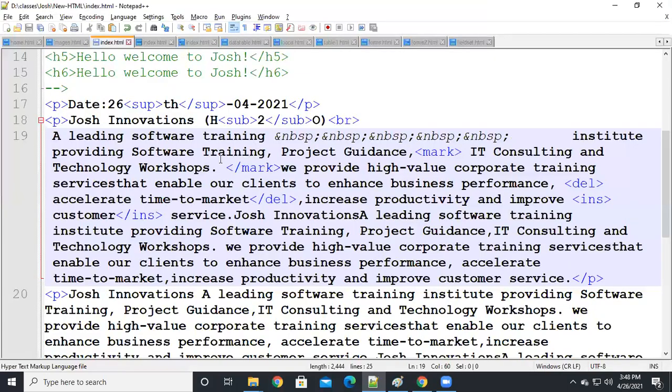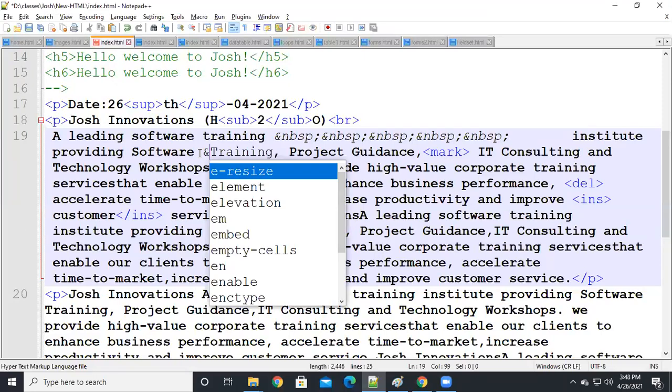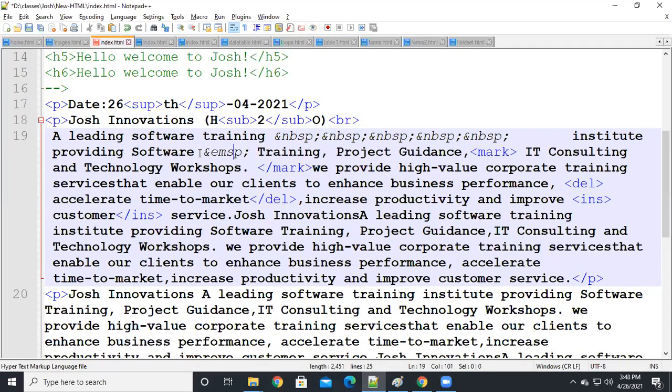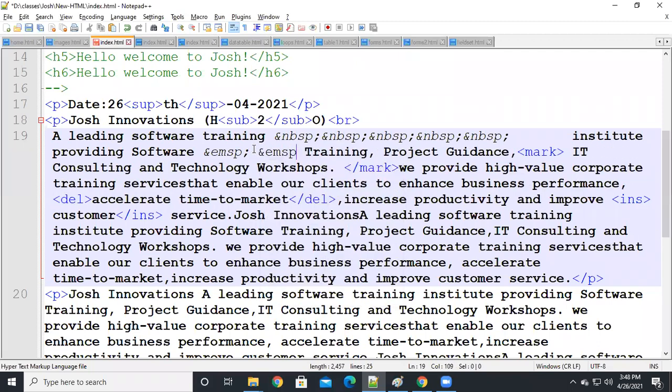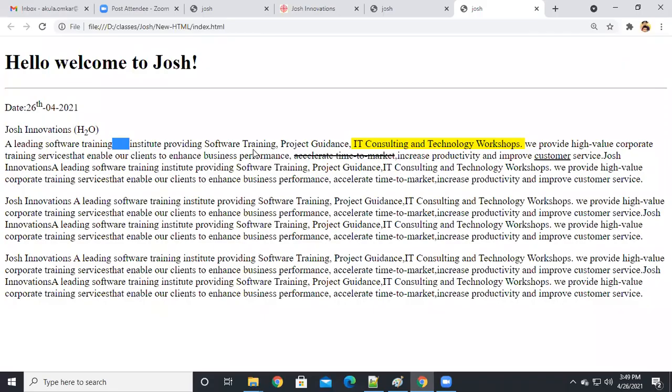Suppose if you want more space, we just use ampersand EMSP, guys. EMSP is for tab space. How many spaces equal one tab space, guys? No, it's 8 spaces. Right, 8 spaces. Okay, 8 spaces equal one tab space. So if you want a tab space, we just use ampersand EMSP. Just take it here, 2 only, right? Then you will get more space here. See, like this. This is for tab space, guys.